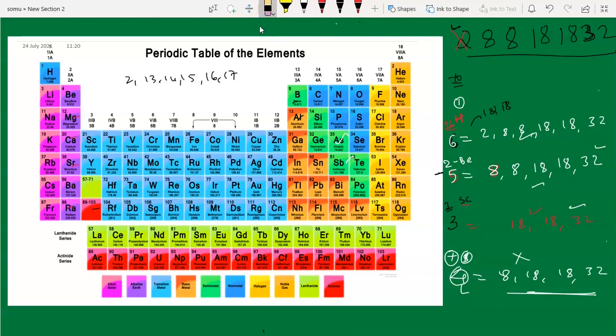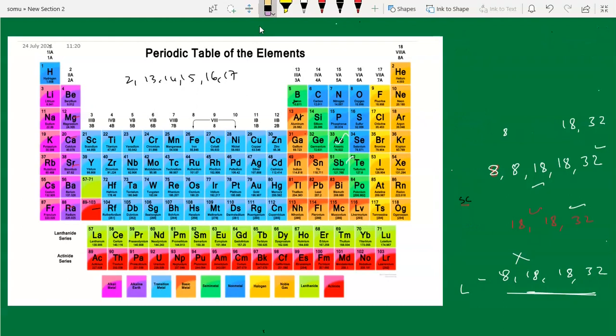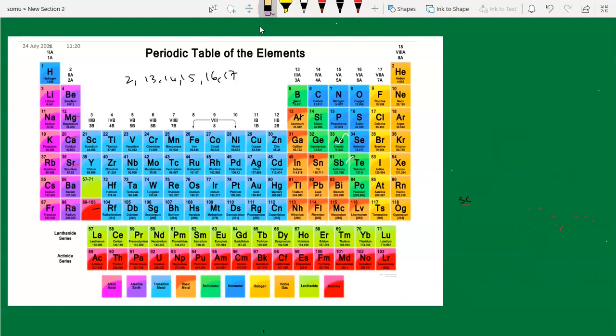Let's find out the atomic number of first group elements. Simple it is. I will tell you how to find out atomic number of first group elements and second group elements also. Both I will tell you. Remaining you can do on your own. So it applies everywhere. See here, first group elements. What are the elements? We know that: hydrogen, lithium, sodium, potassium, rubidium, cesium and francium.